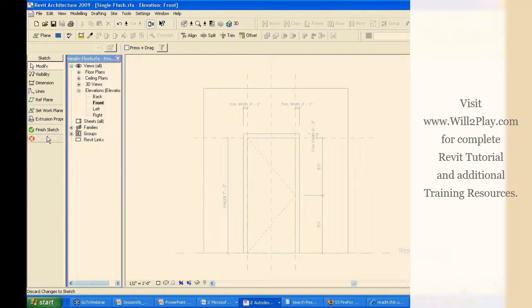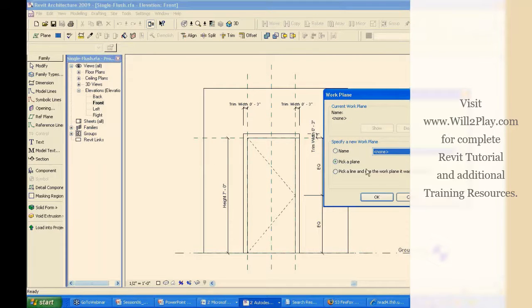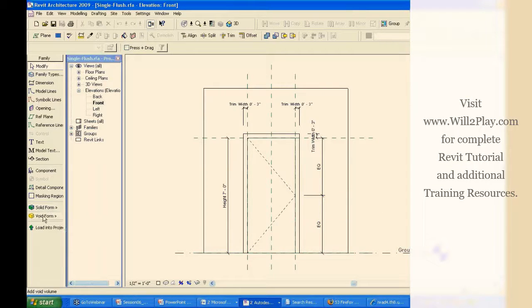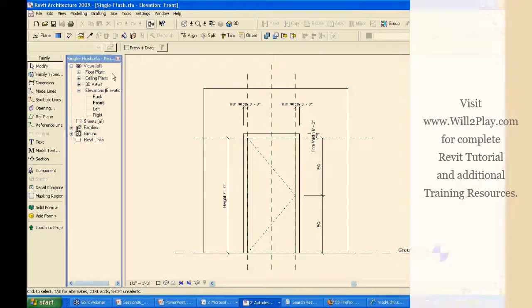And now I need to make sure that I'm in the right work plane. So I just stopped my solid form or void form, and I'm going to start again, and it automatically sets this as the reference plane. Oh man, this is horrible. Because I'm trying to do a void extrusion and I'm having problems. The only reference plane that I have named in here is the level. None of the other reference planes are actually